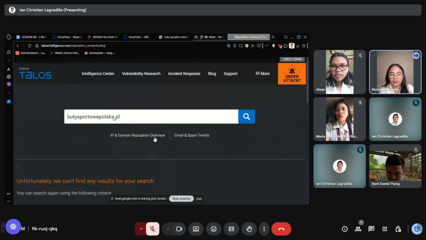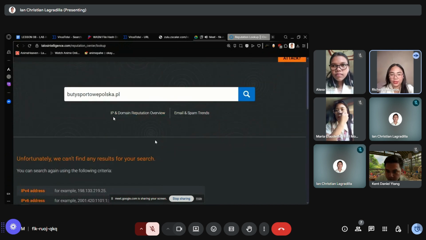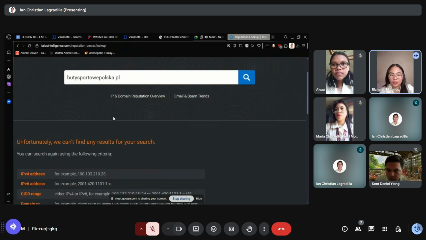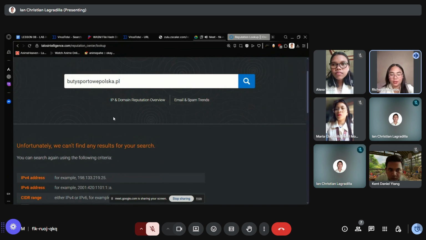The result shows that no information was found for the domain. It says, "Unfortunately, we can't find any results for your search." This makes it harder to evaluate if the sender is trustworthy.